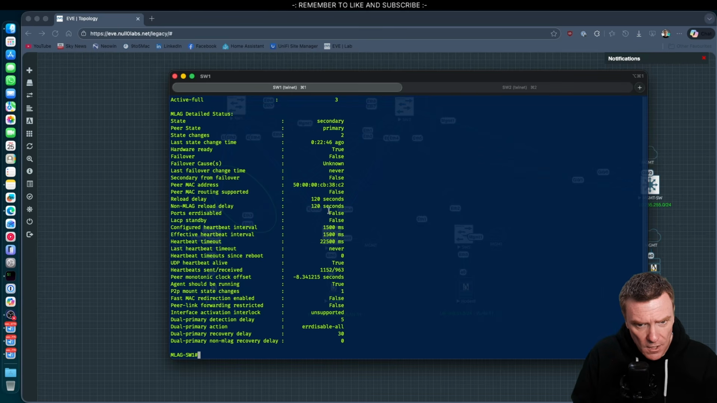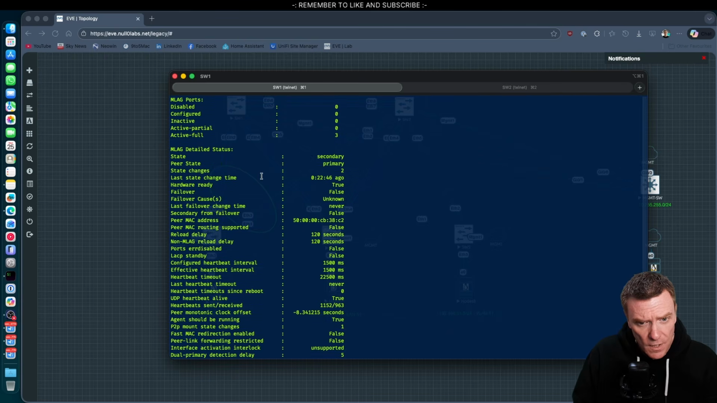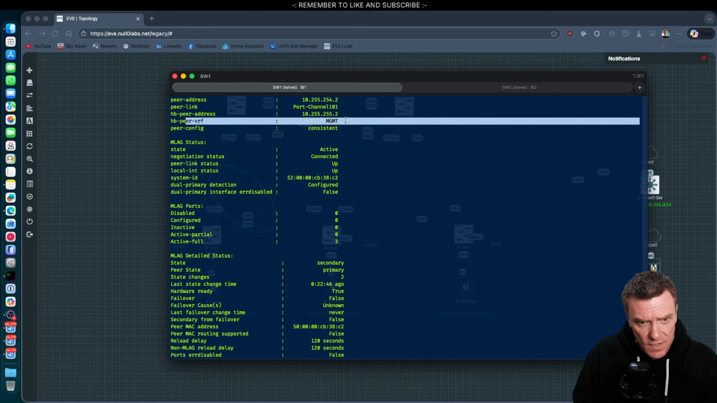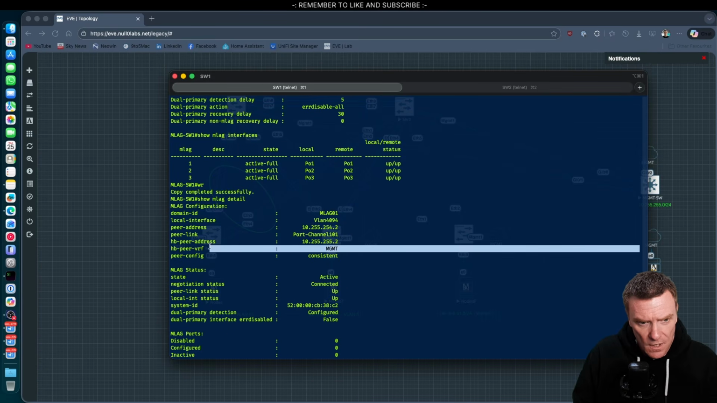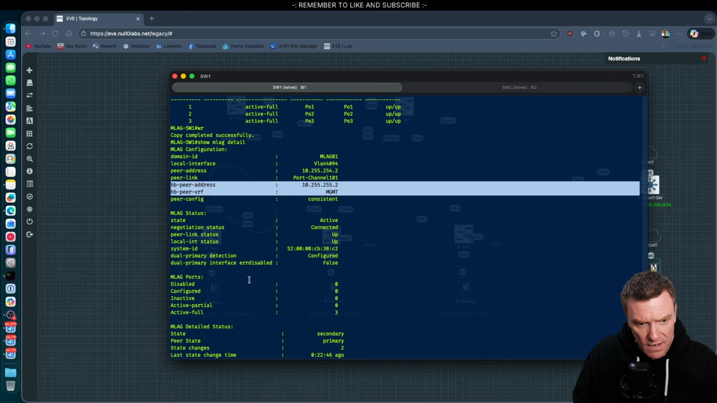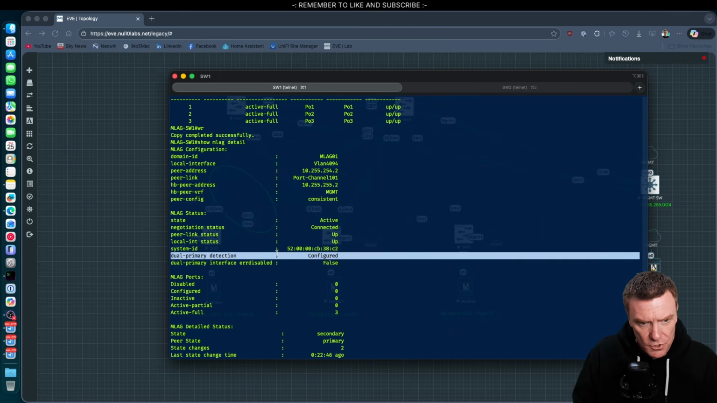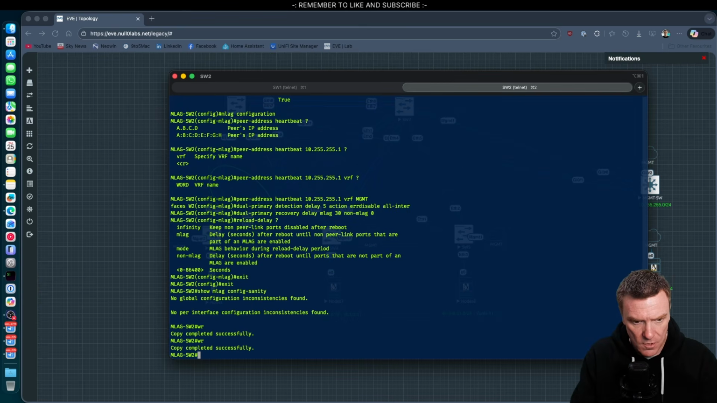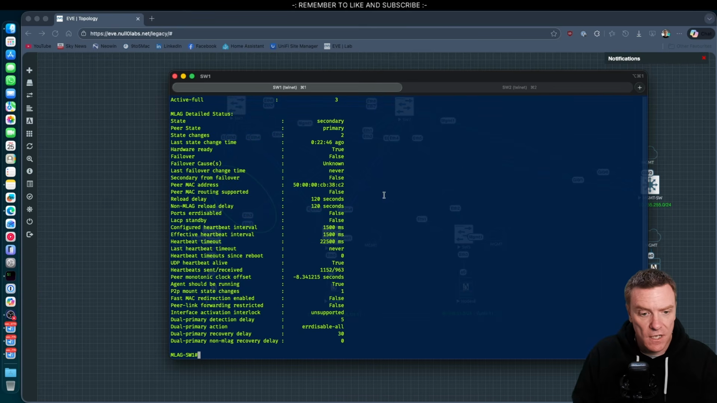We have our mlag and our port channels all working. We have intercommunication working. We have our VRF for our management. We have our secondary heartbeat setup. We have our dual primary detection setup, so there's no chance of a split brain scenario. And now everything's working. So this is all done as far as the Arista